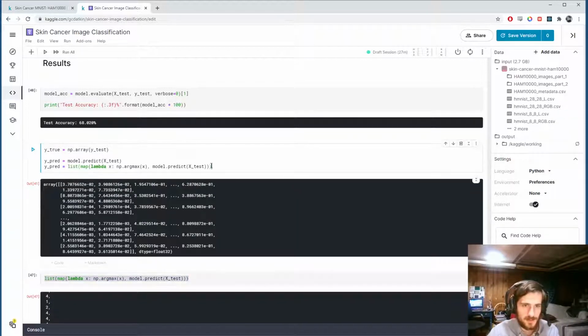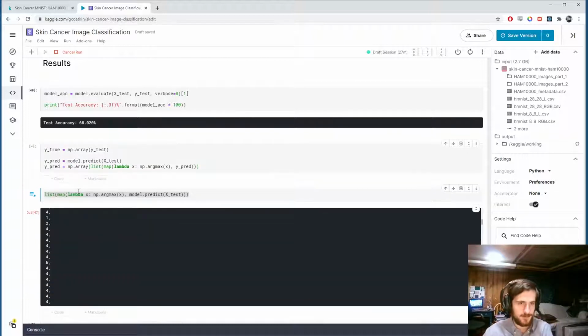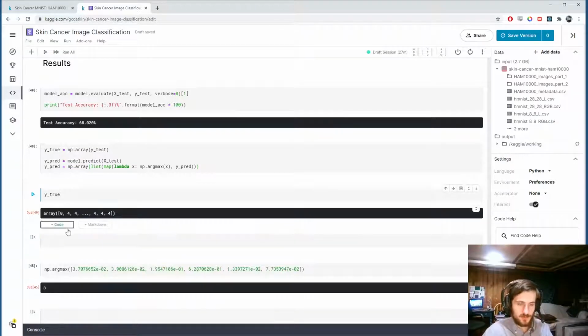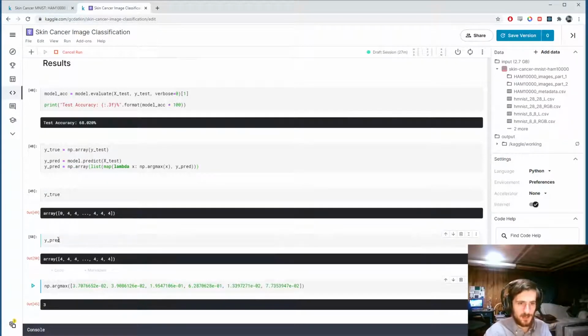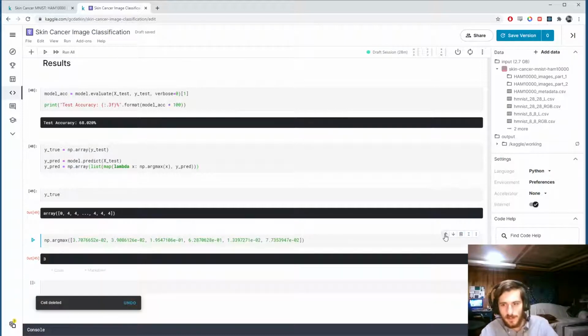Grab this, paste it here, except instead of model.predict, I'll just do ypred since we already generated it. And I'm going to apply this function to it. And then after, I just want to store it as a numpy array rather than a list. So now if we look at yTrue, we should have an array of true labels. If we look at ypred, we have an array of predicted labels. Alright, so